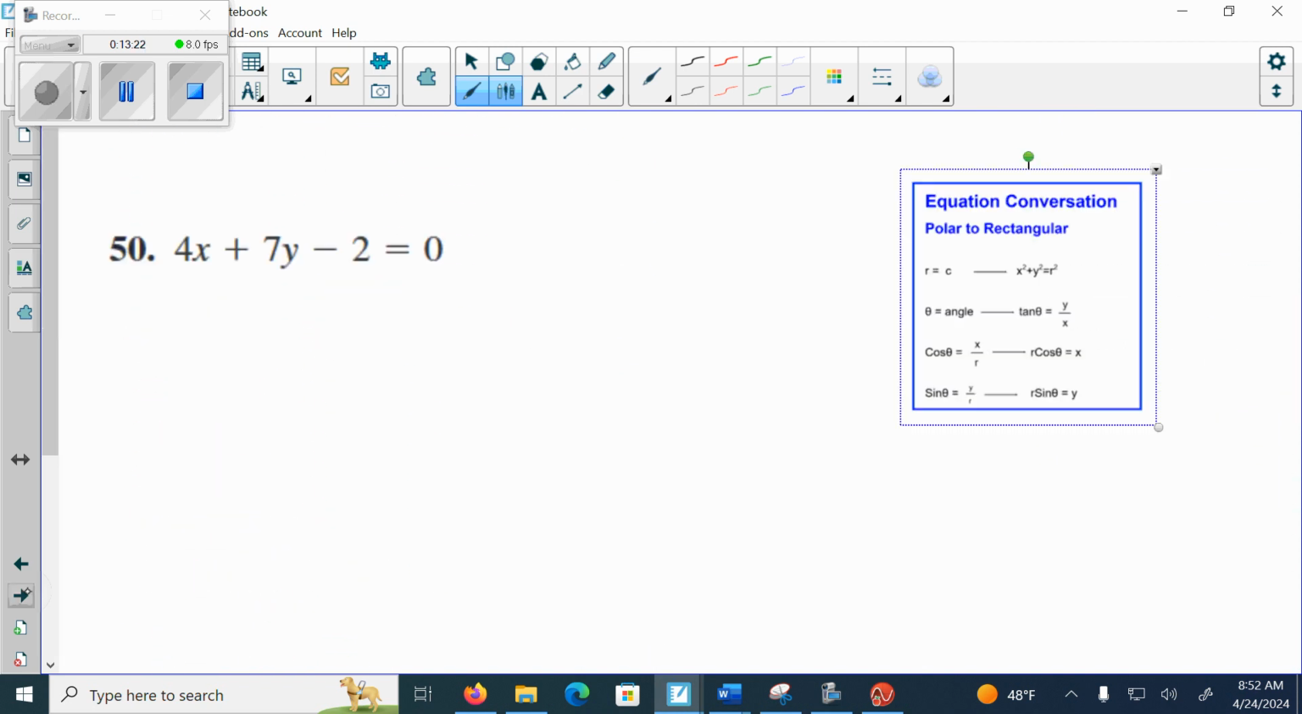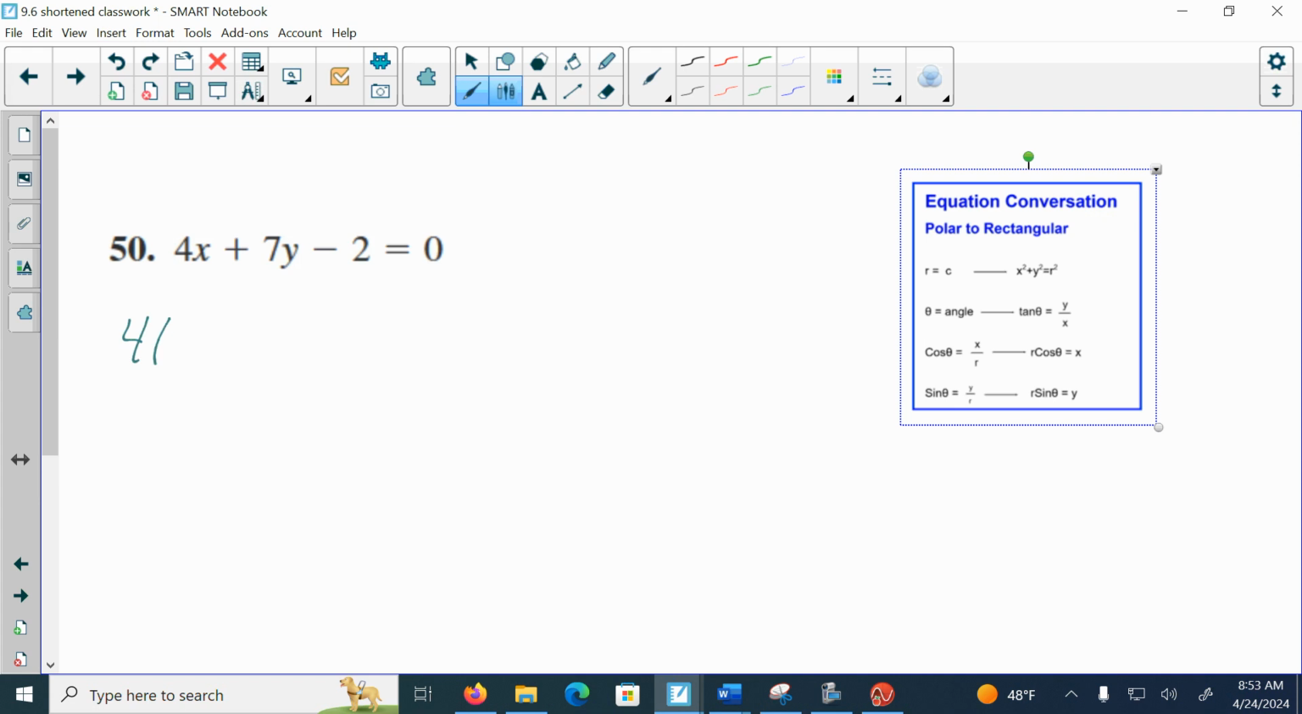All right, next one. I have 4x plus 7y minus 2 is equal to 0. So I'm going to change, in place of the x, I'm going to write r cosine theta. In place of the y, I'm going to write r sine theta. And minus 2 is equal to 0. So now I'm going to have